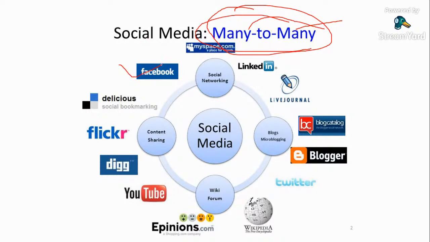Very good examples are Facebook, MySpace, LinkedIn for professional networking, and LiveJournal. Then there, people discuss their views through text messages or small image formats. Is it Twitter? This is one good example of one to many. But on your tweet, people can also reply, so the many-to-many aspect is also present there.